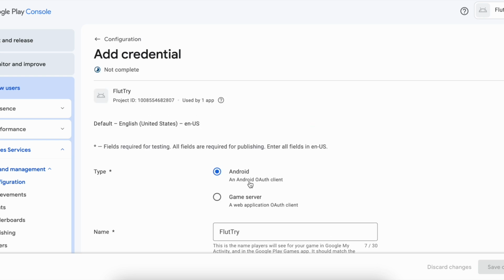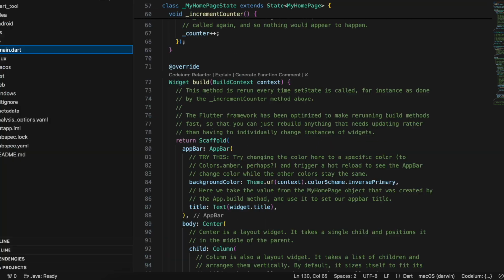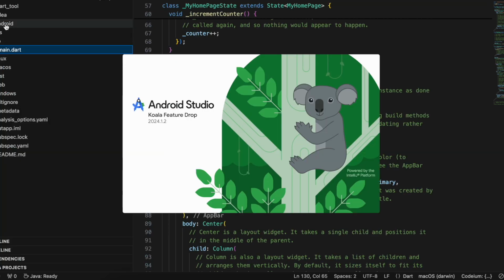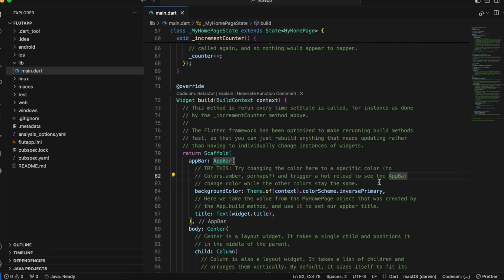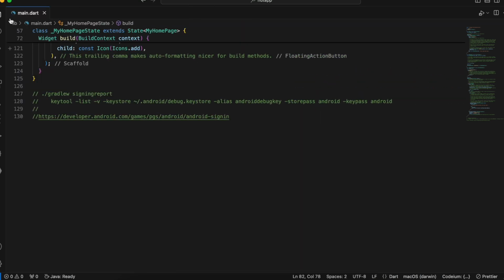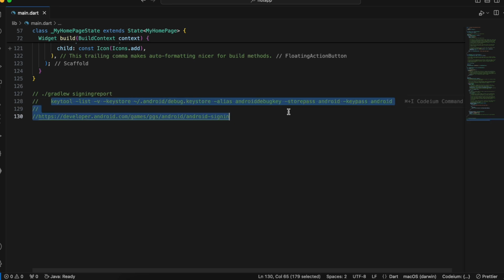The next thing which you have to do is just open Android Studio, and what we will have to do is we will have to open the Android folder which is there inside our Flutter application inside Android Studio. Okay, so the reason I am opening the Android folder inside Android Studio is because we require the SHA-1 key. I know that you can get the SHA-1 key without opening Android Studio as well with the help of this particular command, but this particular command is very confusing if you are using the debug APK like we are doing